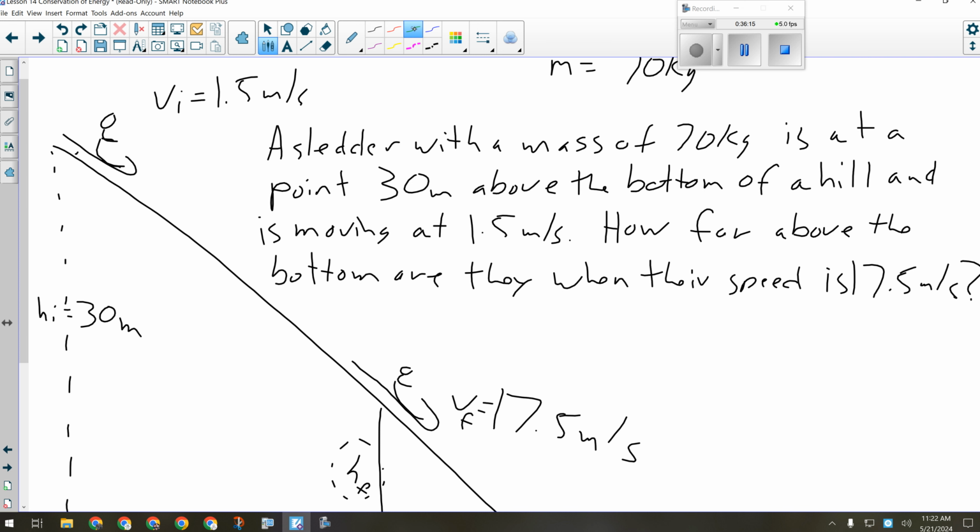So if we're doing that, we know right off that EI equals EF. Because this context is a conservation of energy question, there's no force, there's no mention of work, their energy isn't changing between the top of the hill and this point on the hill. Now this is mechanical energy initial equals mechanical energy final. So we expand that out. These are the two things I add together to get initial mechanical. These are the two things I add together to get final mechanical.